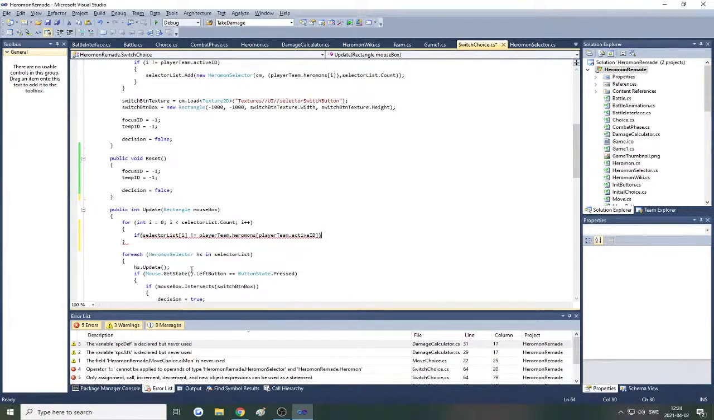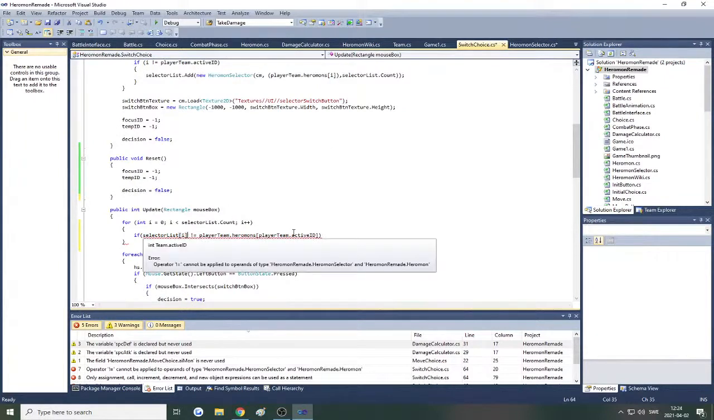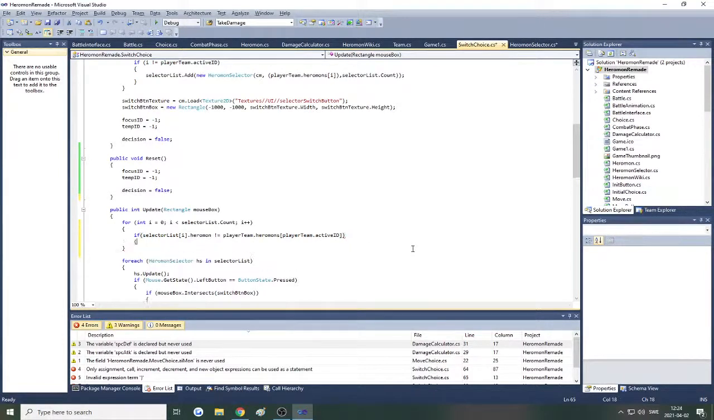isn't equal to... Oh no, that's not right. Selector list dot I dot... I need to go to the selector. It has a private Heromon. Maybe I need to have it go public. Dot Heromon. If that Heromon isn't equal to player team Heromons player team active ID, then